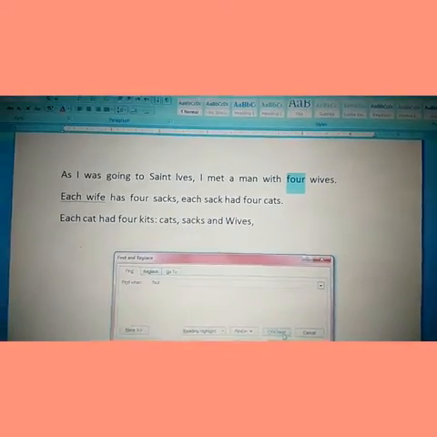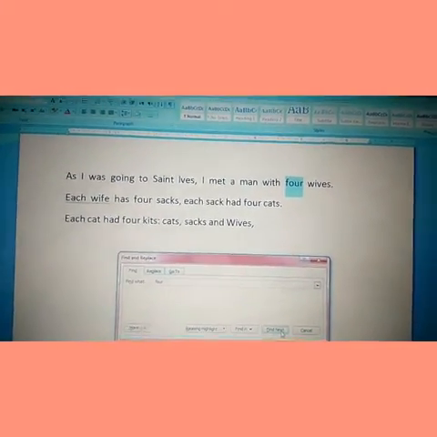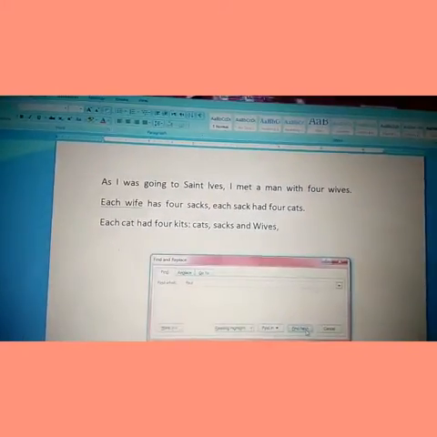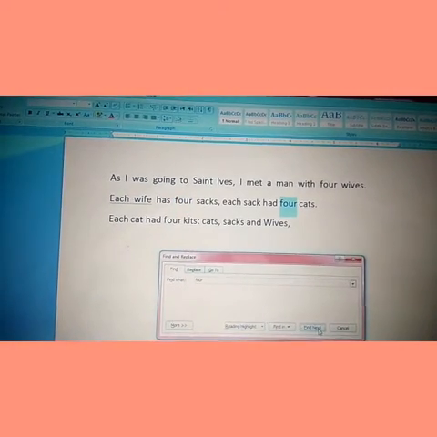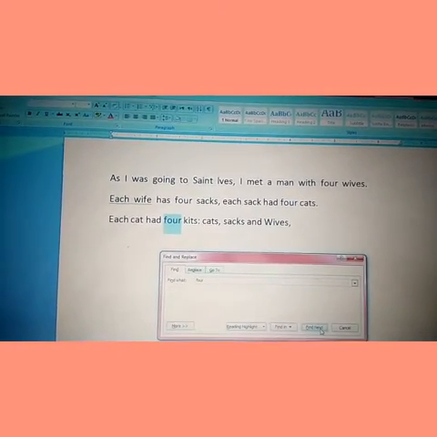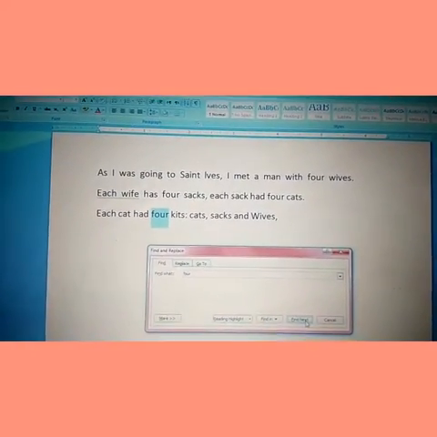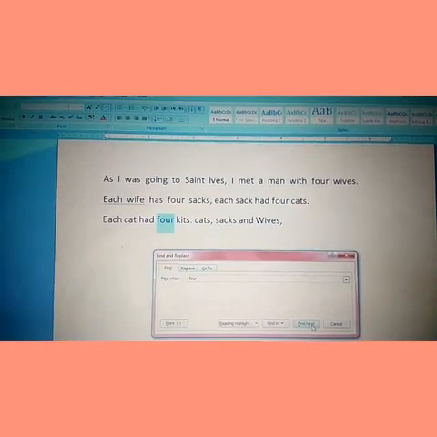See, it highlights this 4, and Find Next again. How many times is 4 there in this paragraph? Just click Find Next again and again. So how many times is 4 in this paragraph? 1, 2, 3, 4. 4 times.